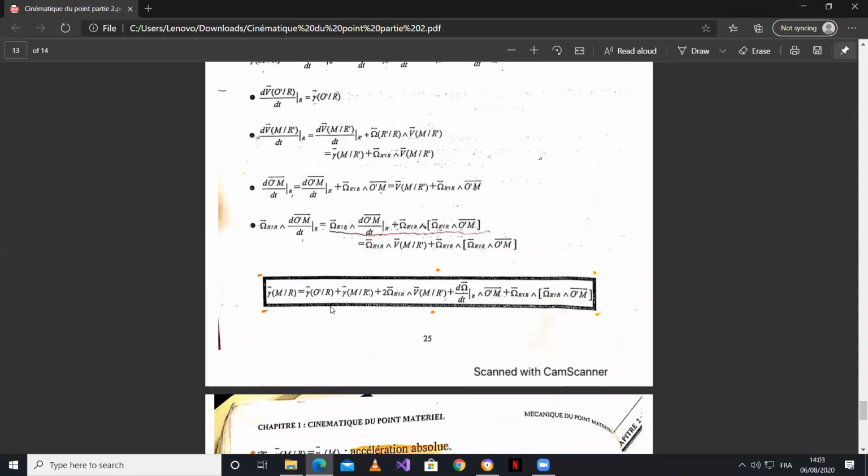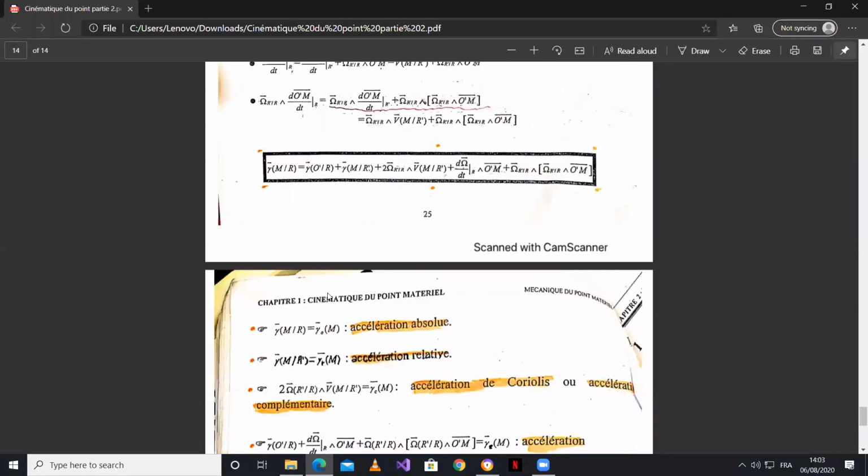But to simplify our work, we try and break down this formula into sub-components so that we can calculate them separately and not get confused. So the first thing to do is the first term this side, gamma de M dans R, the absolute movement, is going to be called acceleration absolue. Now you have the entire acceleration of the point M in R. You have studied everything. Then you have gamma du point M dans R prime,